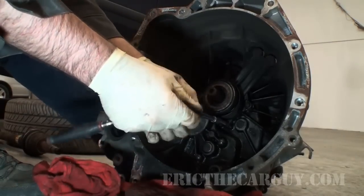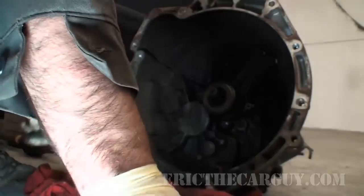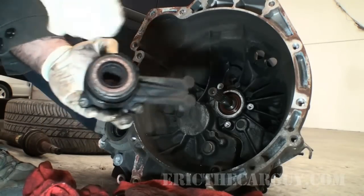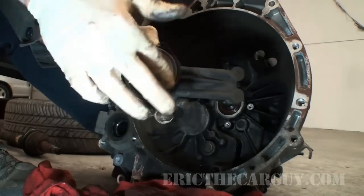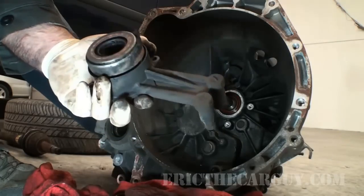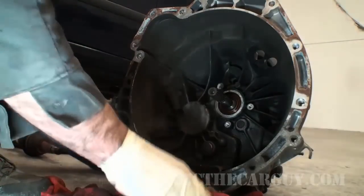I'm using hand tools for this. These are 8mm. Comes off pretty easy. That's a pretty flimsy looking input shaft, but you can even hear how crusty this guy is getting. So, in a way, Ford making this all one piece and having to replace this as all one piece is honestly not a bad thing. It's going to be a pain to have to bleed the clutch out, but